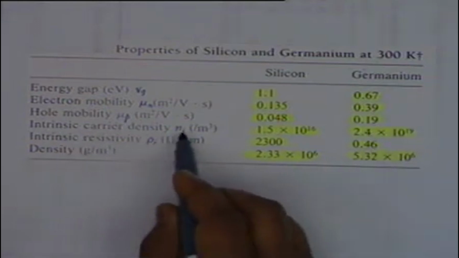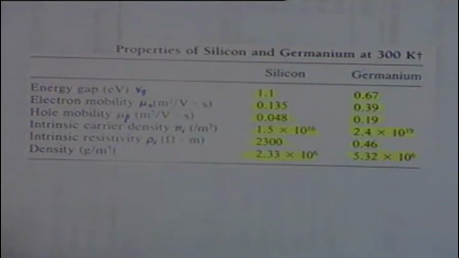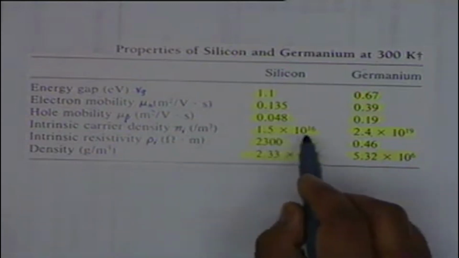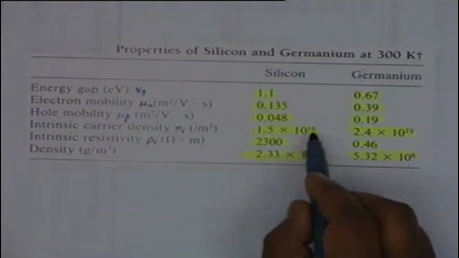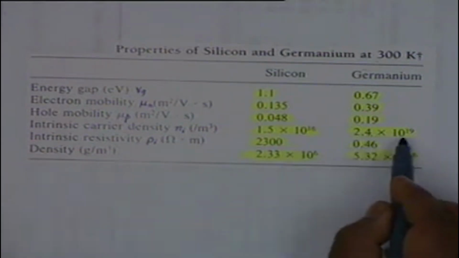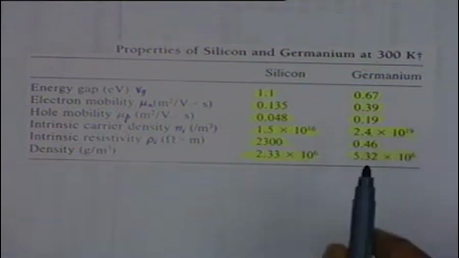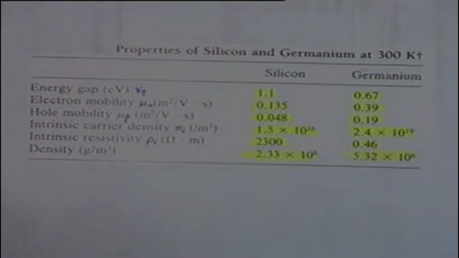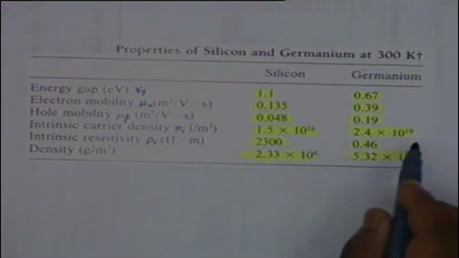The intrinsic carrier density, which we have just defined, Ni: if the semiconductor is pure, then you shall have 1.5 times 10 to the 16 electrons per meter cubed in silicon, and 2.4 times 10 to the 19, 3 orders higher, in germanium. Even then germanium is not preferred. The reasons shall be clear later. But anyway,